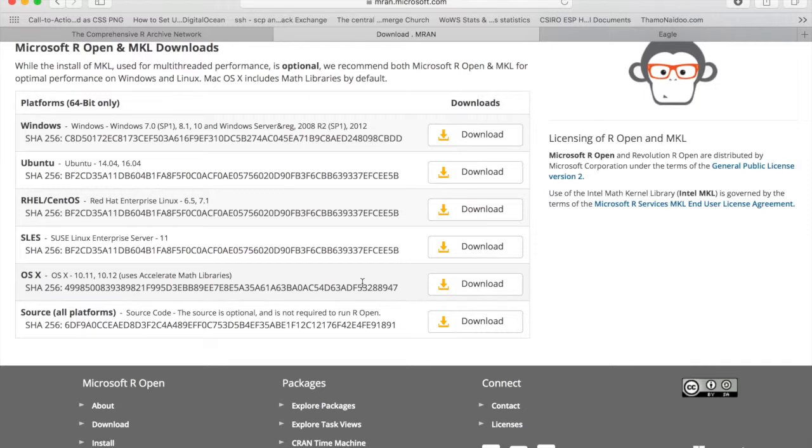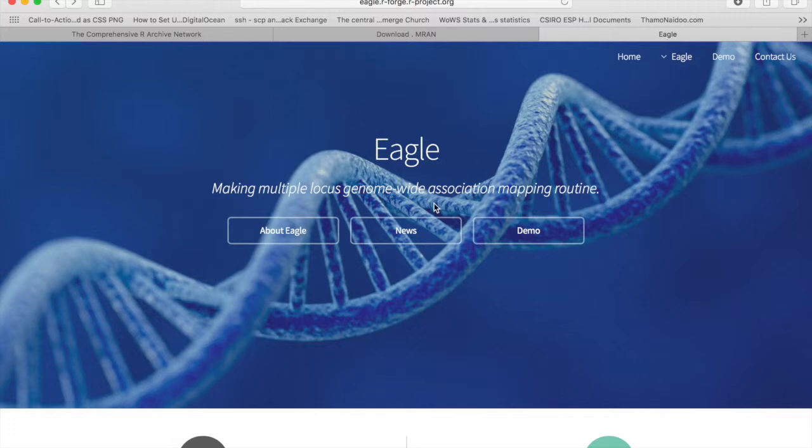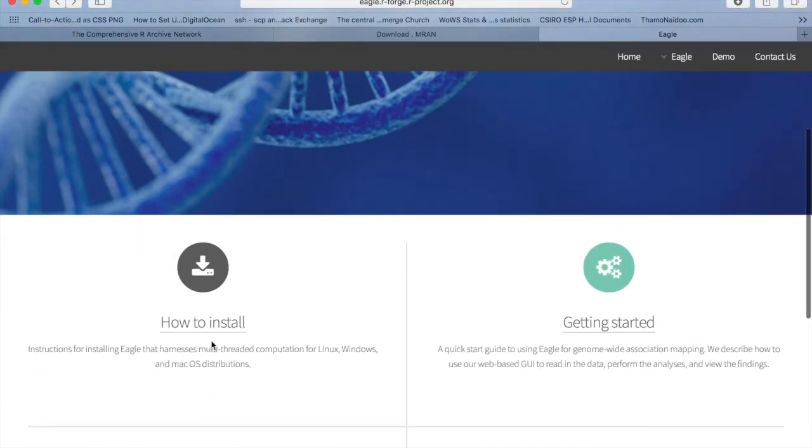The only caveat with this is, we have installed Microsoft R Open on the most recent versions of all these systems, and there is a little bit of a caveat on how you do that. So what we've done is, on our Eagle webpage, we've given you some fairly detailed instructions on how you can install a multi-threaded version of R using Microsoft R Open on any system that you care to name. So if you're having troubles for a reason of installing Microsoft R Open, then I'd encourage you to go and